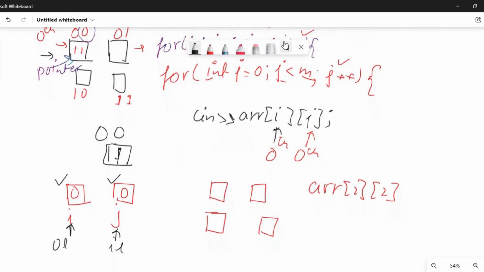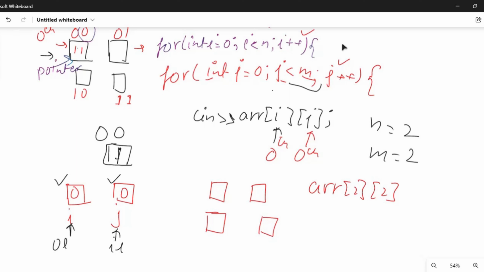कि जो हमारी ये आउटर लूप की कंडीशन है और जो इनर लूप की कंडीशन है, तो इसे कब तक रन करना है, इसे तब तक रन करना है जब तक j लेस देन m है, और यहाँ m की वैल्यू क्या है 2 और n की वैल्यू है 2. तो अभी j की वैल्यू 0 है, मीन्स इट विल बी चेकिंग द कंडीशन दैट 0 इज लेस देन 2, या द कंडीशन इज ट्रू, सो इट विल बी डिनोटिंग दिस पोजीशन, एंड आफ्टर दैट आई विल बी राइटिंग हियर 1. सो दिस इज 0 0.